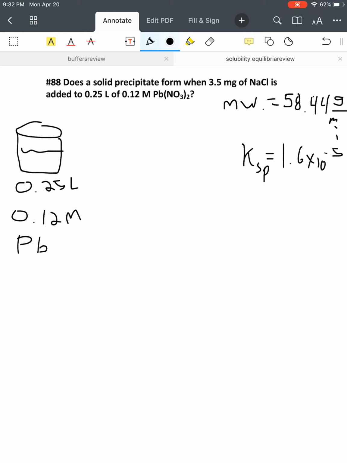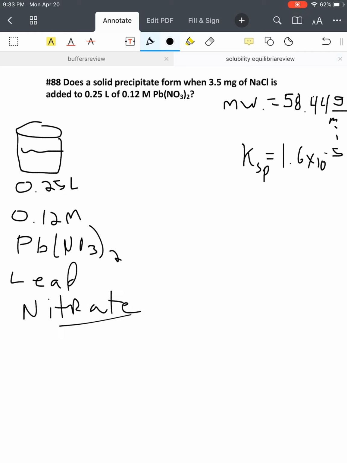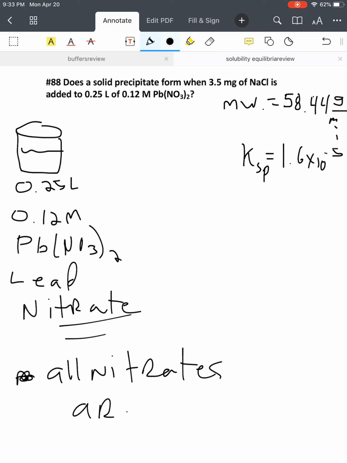Okay, so we have Pb(NO3)2, and of course, you probably know we call that what? Lead nitrate. Now, if you remember back to your solubility rules, one of the ones that you probably learned is that all nitrates are soluble. Okay, so to be honest with you, when I saw that was lead nitrate, I said, oh, it's a soluble